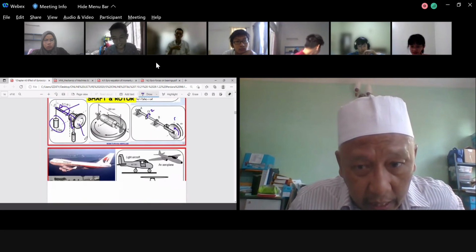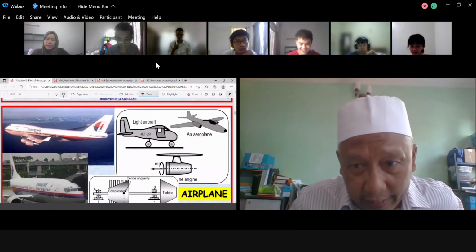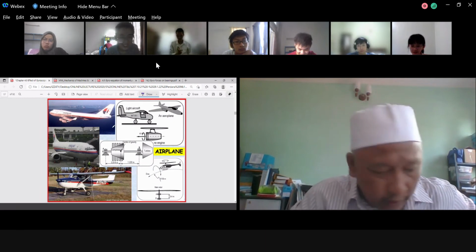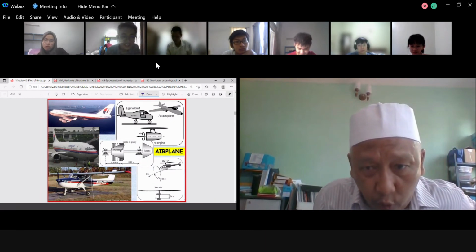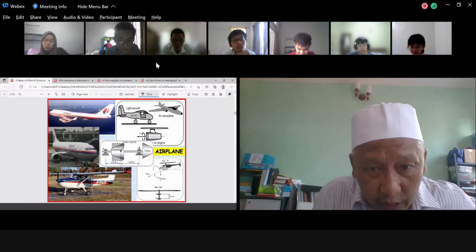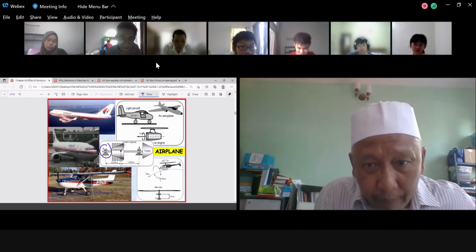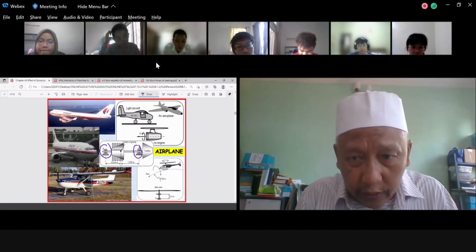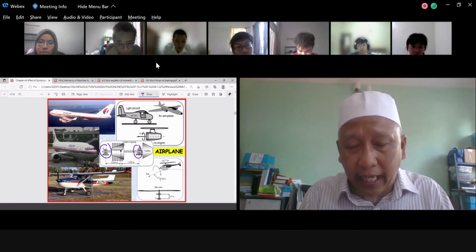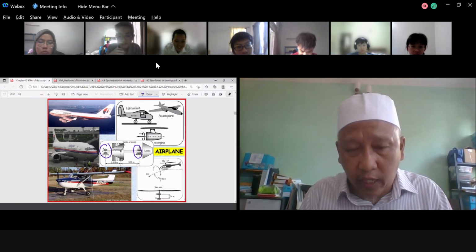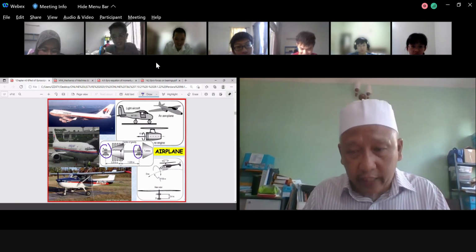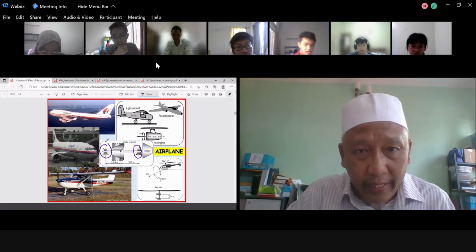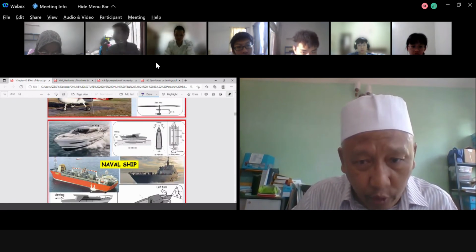Okay. This one is the aeroplane, but not very much to talk about, because I already talked about it earlier. This one is the engine. Earlier we had the compressor and turbine. So our aim is basically to look at the force on the bearing to hold the compressor and turbine while the aeroplane is climbing, diving, and also turning to the left and turning to the right. It's not only that. It's also rolling, yeah. And finally, you have a boat here.